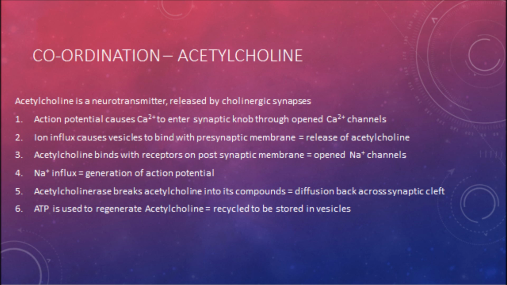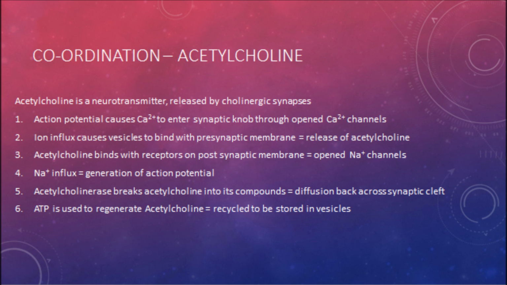Acetylcholine is a neurotransmitter that is released by a specific type of synapse known as a cholinergic synapse. These are common in vertebrates found at neuromuscular junctions. The arrival of the action potential releases calcium ions, and these enter the synaptic knob via calcium channels. The ionic influx causes vesicles to bind with the presynaptic membrane, causing the release of the neurotransmitter acetylcholine. The transmitter binds with receptors on the postsynaptic membrane after diffusing across the synaptic cleft, opening the sodium channels which